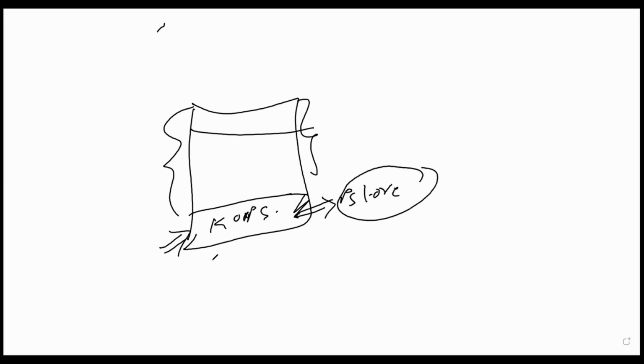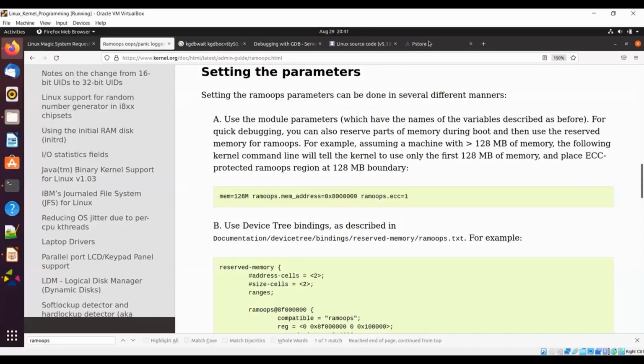So the memory you allocate is for kernel oops. But this file system is in the format of Pstore. So the Pstore format will be something like what you're seeing here. It will be in this format and not the other one. Basically, if you look at it,